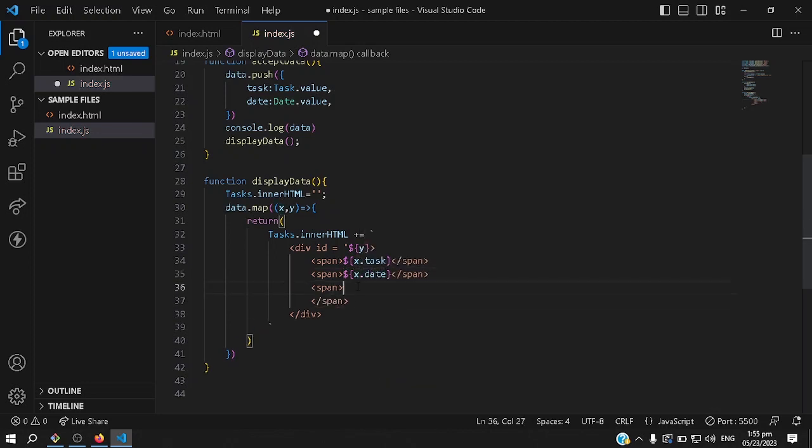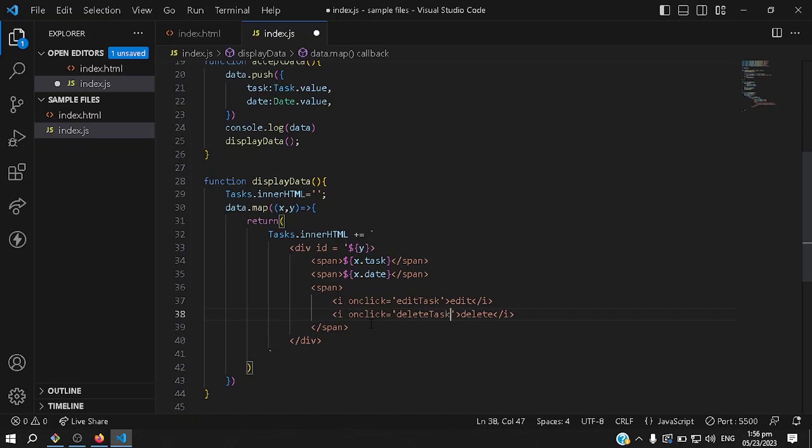Okay, and for the next item, we'll have the edit and delete buttons for each section. So we have the task and then the date, and then each item will have a delete and then edit section. So this one will be our edit, and then the other one will be delete. Of course, we'll have to call a function once these are clicked, right? So once this is clicked, we'll call on edit task, and then the other one onclick equals delete